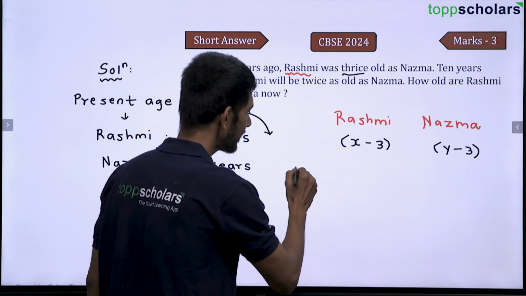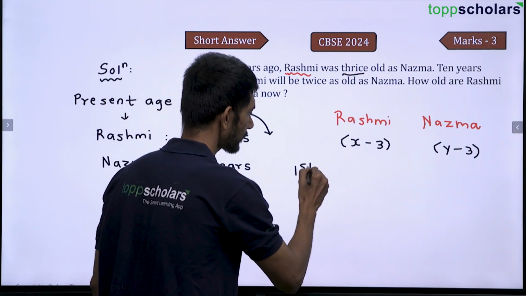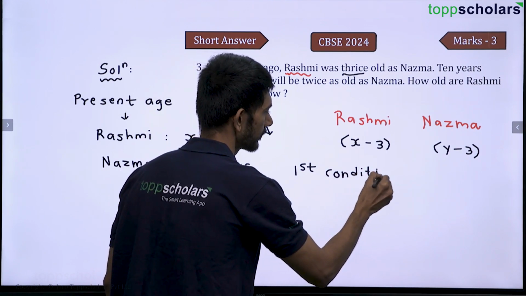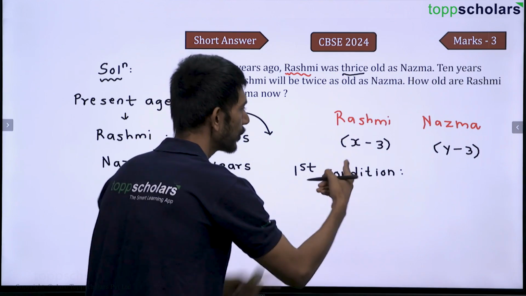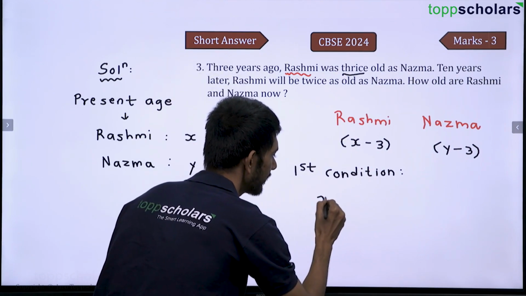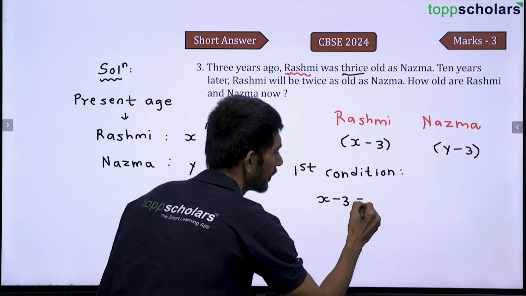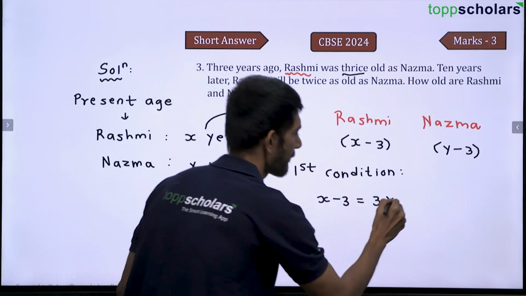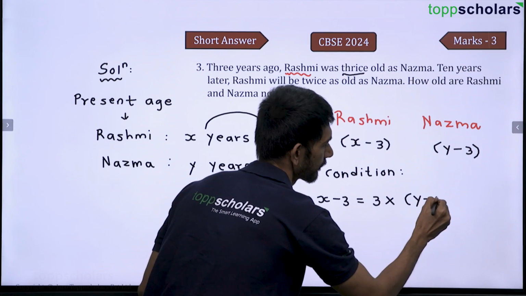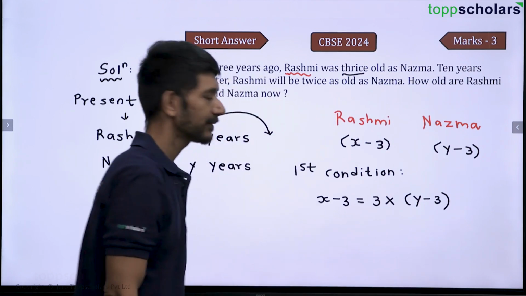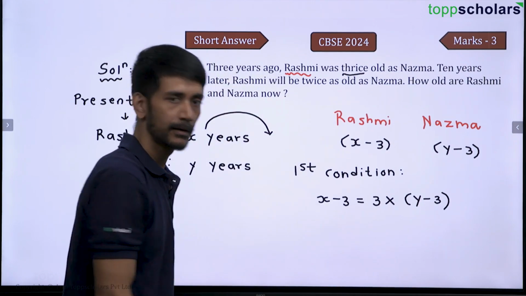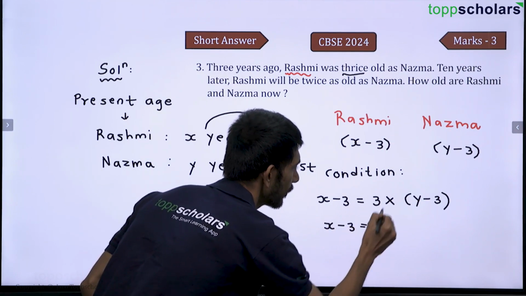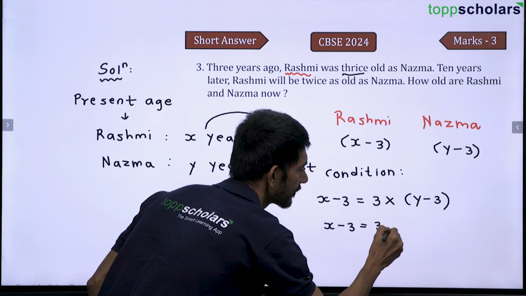So here, can I say the first condition is going to give me Rashmi, that is x minus 3, is equal to 3 multiplied by y minus 3, correct? So this will be x minus 3 is equal to 3 into y is 3y